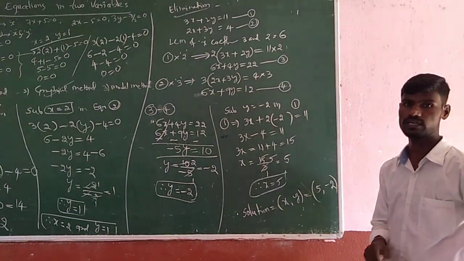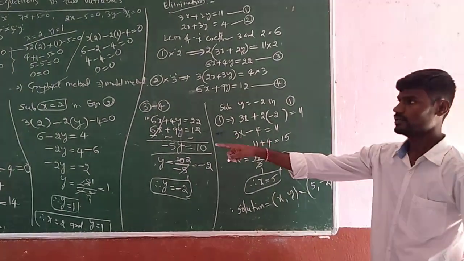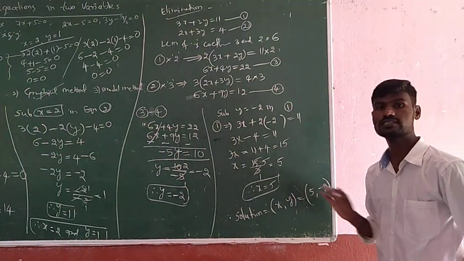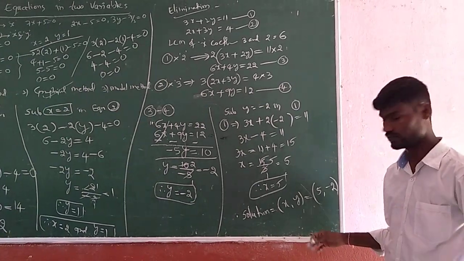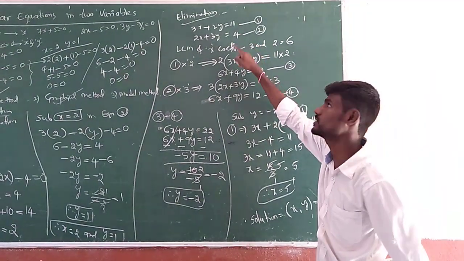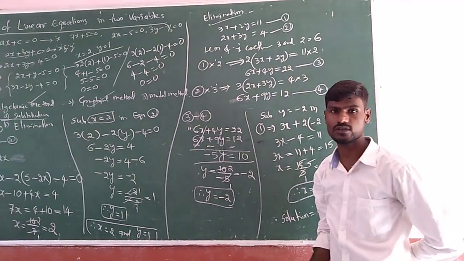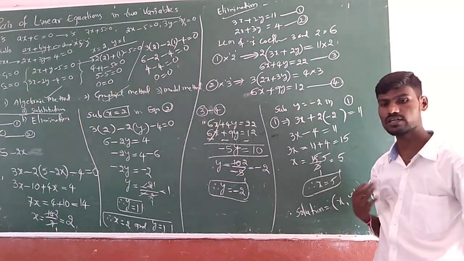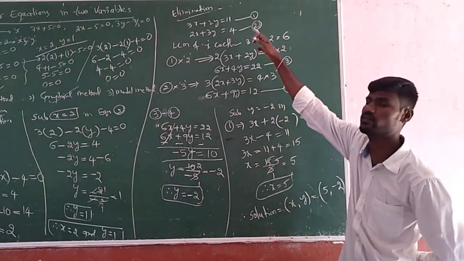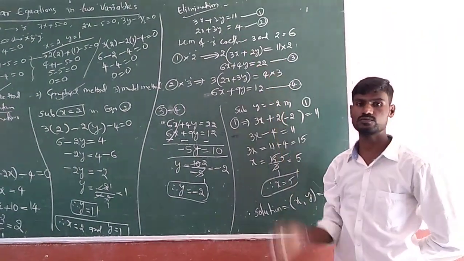And one more important thing: in some cases, you find the solution by the substitution or elimination method, and they will also ask you to check that solution. In that checking, what do you have to do? After getting x and y, substitute in the given equations. If you substitute, LHS and RHS should be equal. If you have any doubt regarding your solution, you may substitute your solution in the given equations. Both LHS and RHS should be satisfied.